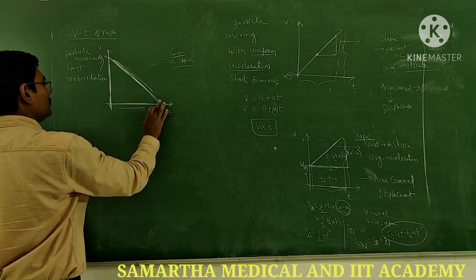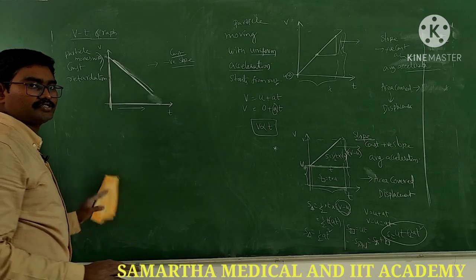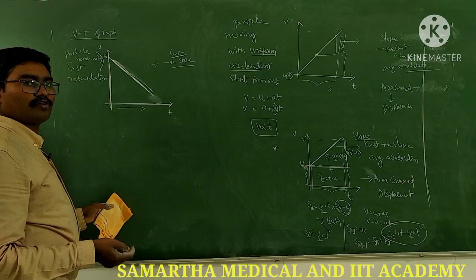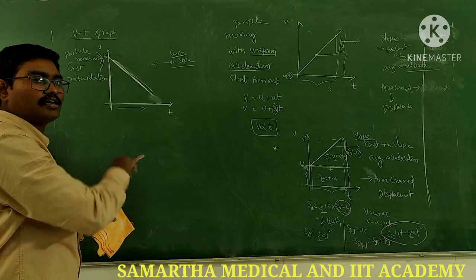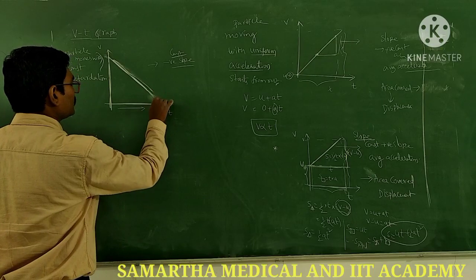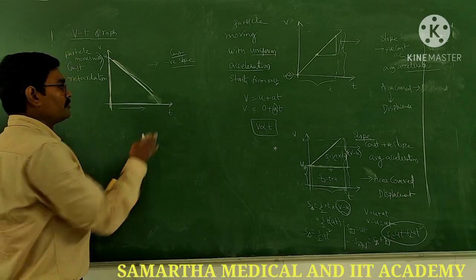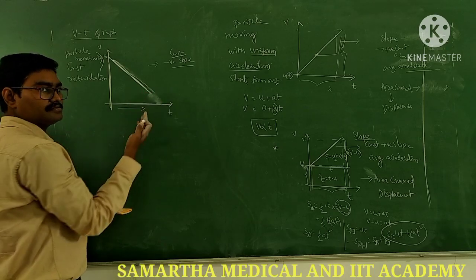Here the particle moves with constant acceleration, that is, retardation. We are not saying that it is only for a vertically projected body; along a straight line also, with constant retardation, you can draw it, no problem. The particle can come to rest finally. If you want to take it till final rest, you can consider that. If not, it can stop somewhere else.